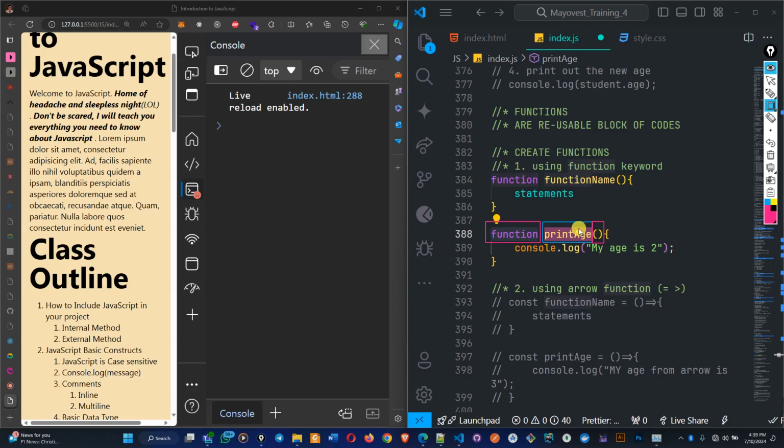So when you want to create or define a function, you need to start with this function keyword, followed by the name of the function that you are going to be creating by yourself, but make sure that the naming is following the rules of a variable. Which means you can't have space in the naming of your function, just like the way we have it in the variable. When you're creating a variable, you can't have space or any illegal character there. Here too, when you are creating a function,